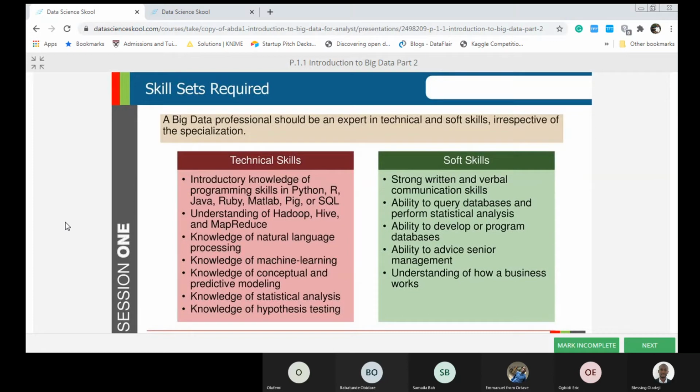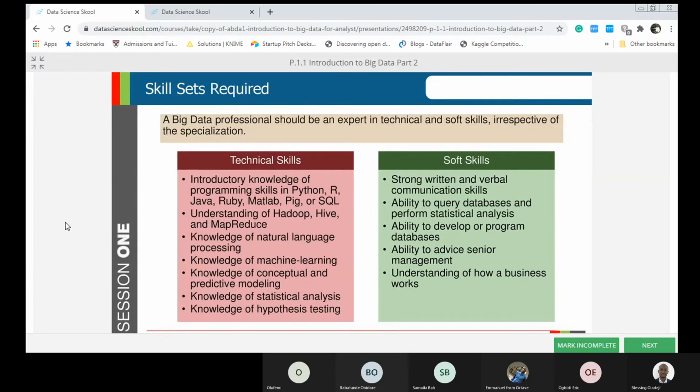So, even though these are technical things that you are going to be learning, you need to understand the business. It's extremely, very, very important that you understand the business, regardless of where you find yourself as a data analyst. So if a bank employs you today, you need to understand the core banking processes, as a data analyst or as a data engineer. If an insurance company hires you today as a data analyst or as a data engineer, you need to understand insurance underwriting. You need to understand policy, how to underwrite a policy.